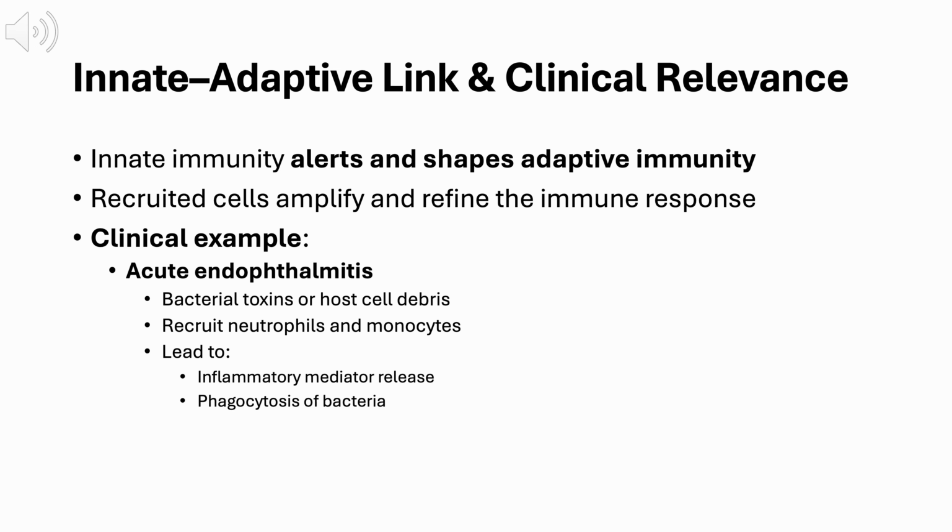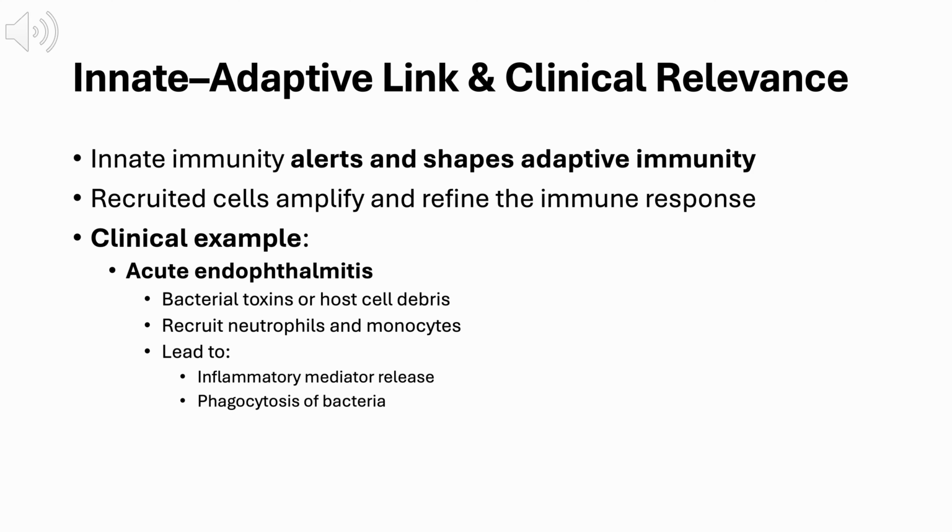Bacterial toxins and damaged host cells trigger the rapid recruitment of neutrophils and monocytes into the eye. These cells release inflammatory mediators and phagocytose bacteria in an effort to control the infection. However, because the eye is a confined and delicate environment, this same protective response can produce substantial collateral tissue damage